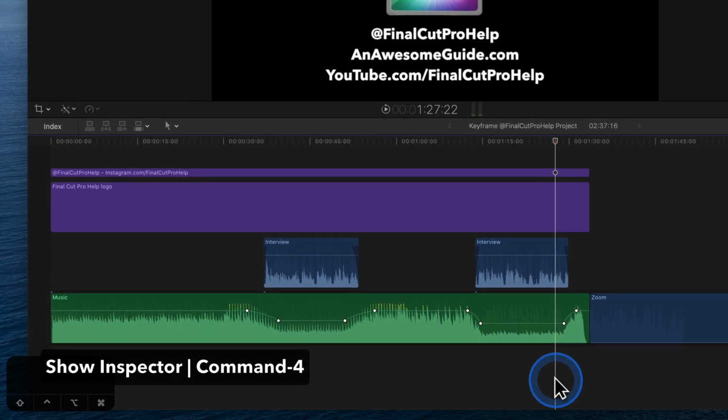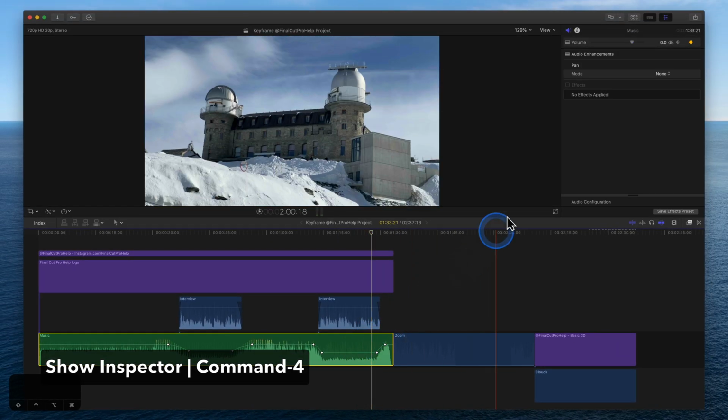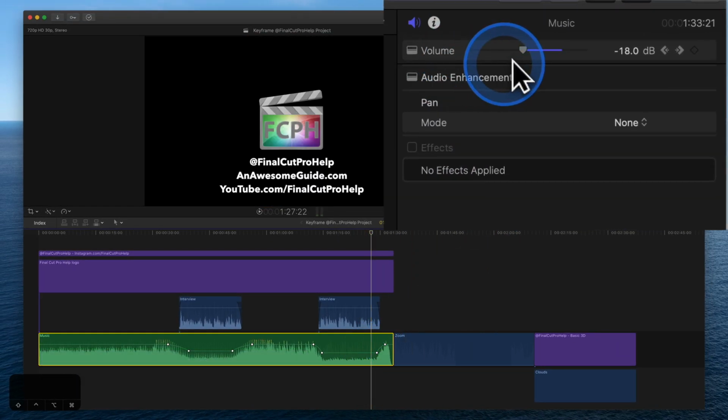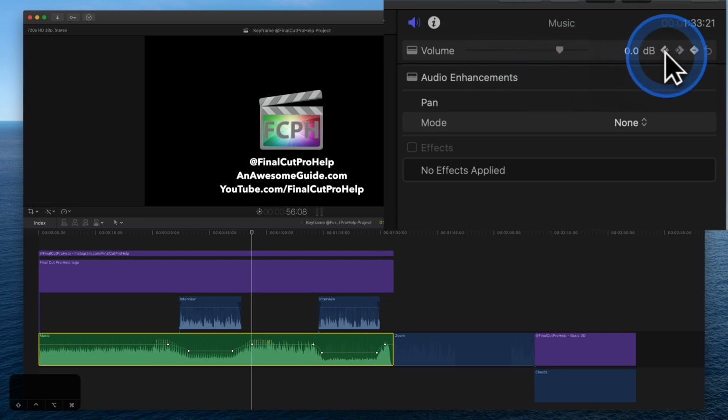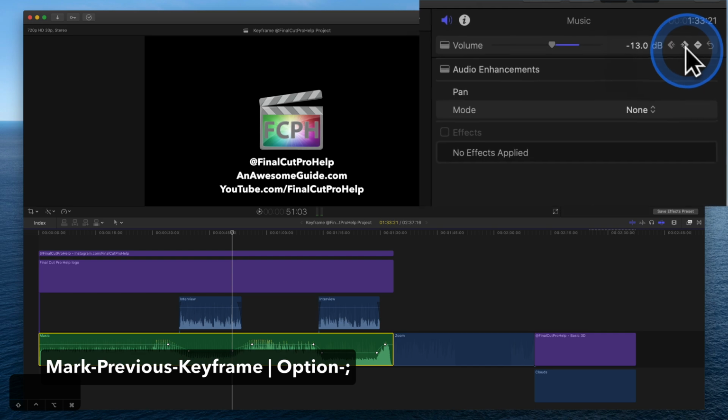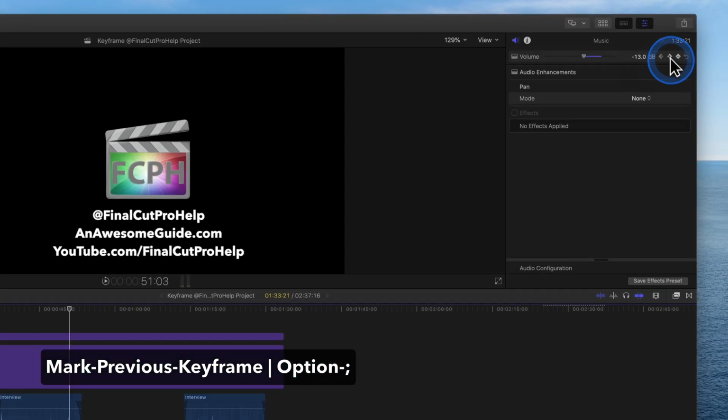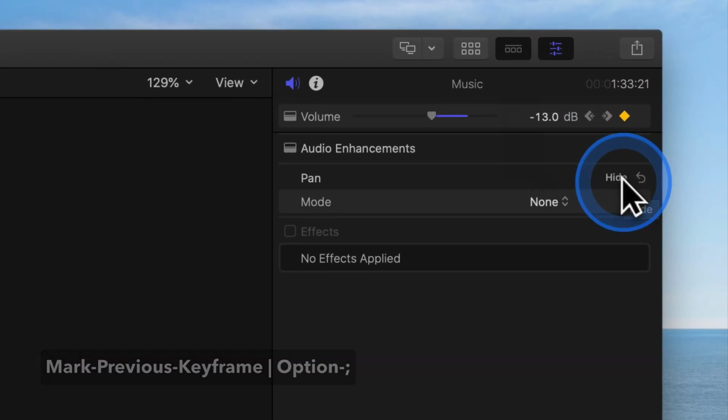The Final Cut Pro Audio Inspector displays values for the volume changes we just made. To the right of the volume parameter, use the buttons to navigate between keyframes. Note the playhead is moving to the timecode value as we navigate keyframes. With the playhead on a keyframe, the yellow diamond informs us that the volume parameter has a keyframe at this